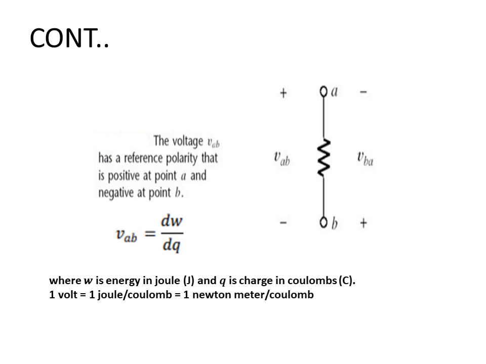So that is what I explained earlier in the previous slide. A point and B point, if there is work done from A to B, that is denoted by VAB. If A is positive, B is negative. Otherwise, if B is positive, A is negative, we term it as VBA. So finally VAB is equal to